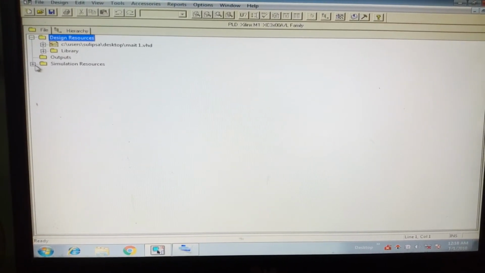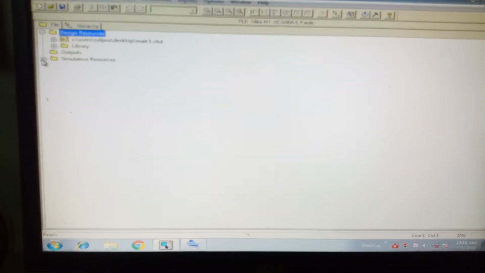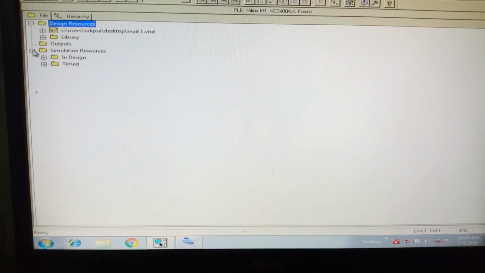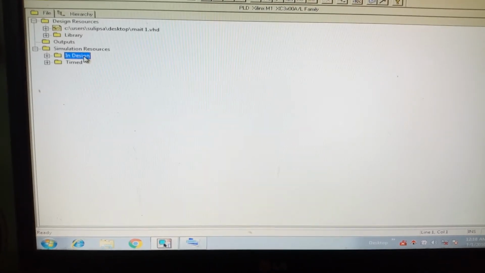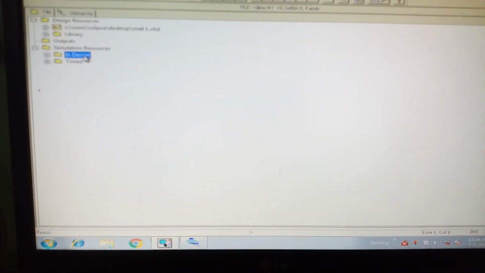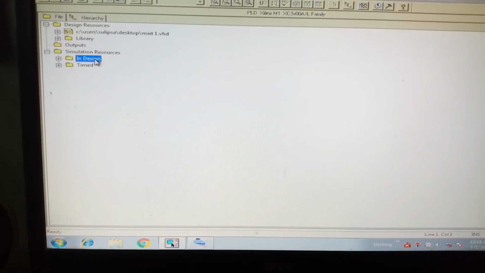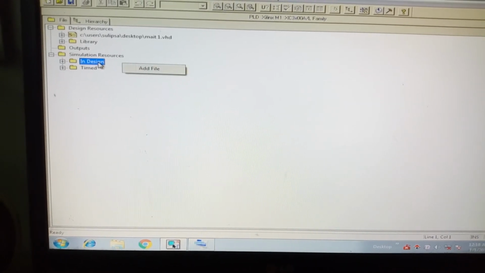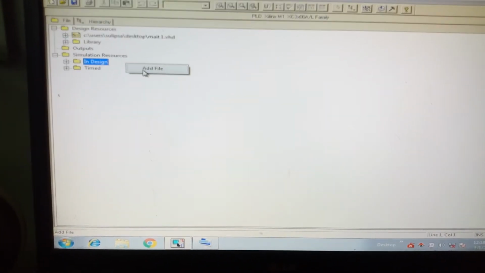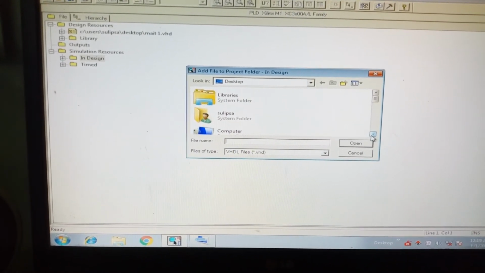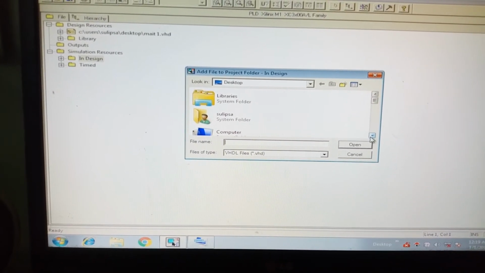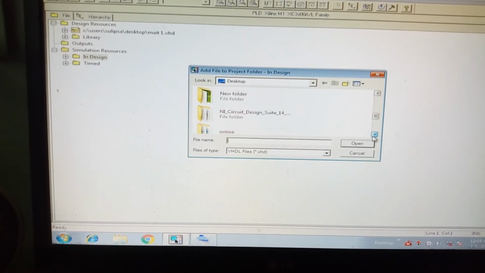And again you go to simulation resources. In simulation resources you click it, and you will find InDesign. Click the InDesign file. Again there is a blue color button. Right click there, and you will get an add file option. Add the same file which you already added in the design resources, MAIT1.